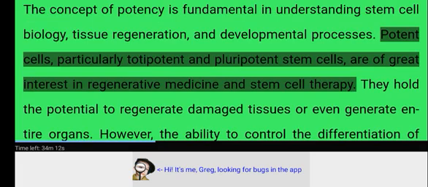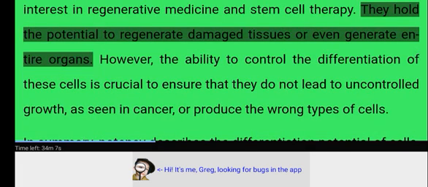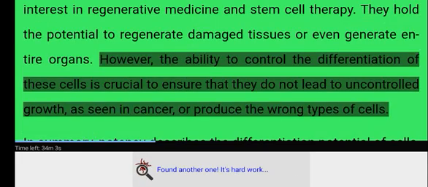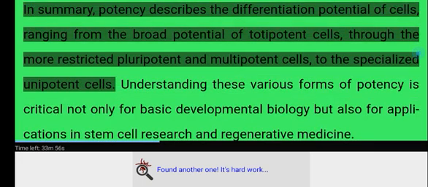Potent cells, particularly totipotent and pluripotent stem cells, are of great interest in regenerative medicine and stem cell therapy. They hold the potential to regenerate damaged tissues or even generate entire organs. However, the ability to control the differentiation of these cells is crucial to ensure that they do not lead to uncontrolled growth, as seen in cancer, or produce the wrong types of cells. In summary, potency describes the differentiation potential of cells, ranging from the broad potential of totipotent cells through the more